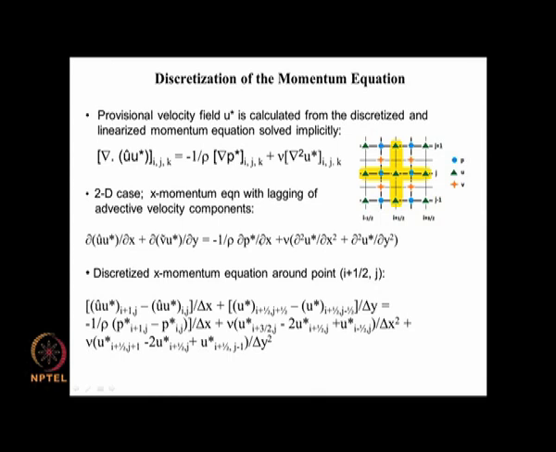In the next class, which we are going to do on the board, we are going to revisit this, and then write down the discretized x momentum equation and discretized y momentum equation. We will also write an equation for pressure, so that we can evaluate pressure from the discretized continuity equation, u velocity from the discretized x momentum equation, and v velocity from the discretized y momentum equation, using the staggered grid system. We will work it out on the board so that we can follow the argument easily, and that will be done in the form of a tutorial.